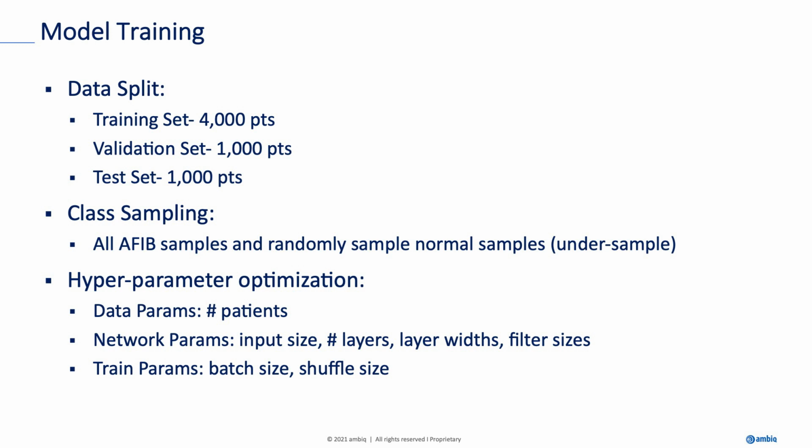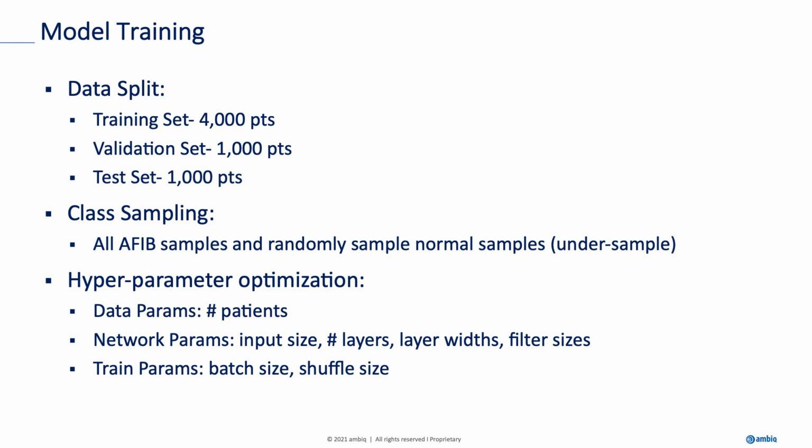And then I did do a lot of hyperparameter optimization. So I looked at the impact of increasing the number of patients. I also looked at the network size, right? So how much data we need, the window size, the number of layers, what widths to use, the filter sizes. And I did find a sweet spot, right? If you get a model that's too big, it starts to memorize the training set, and so it will overfit the data. Too small and it underfits,